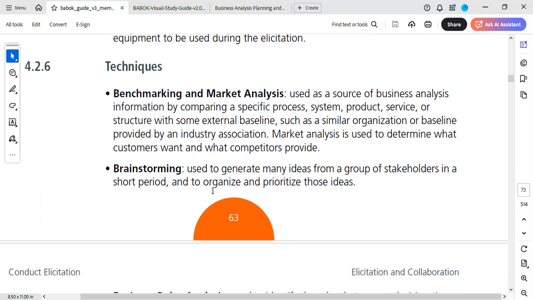Techniques: benchmarking and market analysis, used as a source of business analysis information by comparing a specific process, system, product, service, or structure with some external baseline, such as a similar organization or baseline provided by an industry association. Market analysis is used to determine what customers want and what competitors provide. So benchmarking is like looking at a particular industry and being like, okay, we have that quality there, or we can see what they are doing there, and you benchmark, like, okay, let's aim this towards this. Then market analysis is going to the market, knowing what customers actually want, and knowing how you can